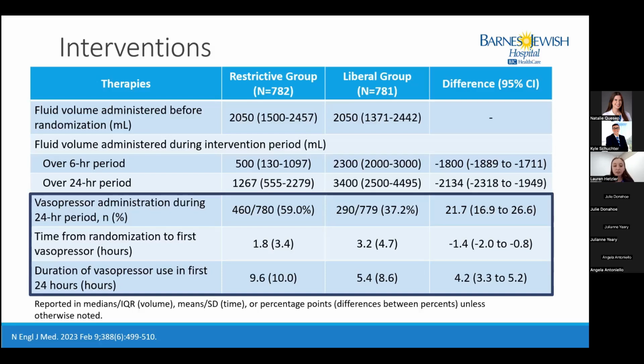And then looking at the vasopressors administered to either group, you can see that significantly more patients in the restrictive group that prioritized vasopressors did receive vasopressors, so about 60% compared to 37% in the liberal group. They also received vasopressors quicker and for a longer duration than in the liberal group that prioritized fluid. So all this is to say they did successfully create 2 different groups of a restrictive fluid approach and a